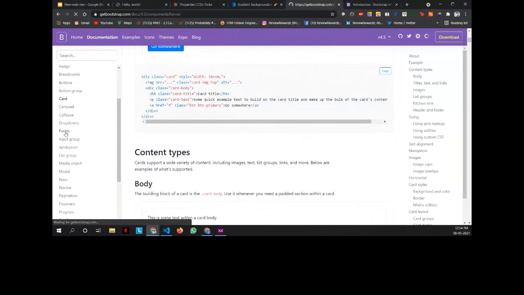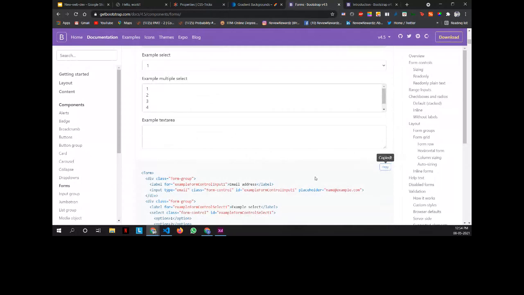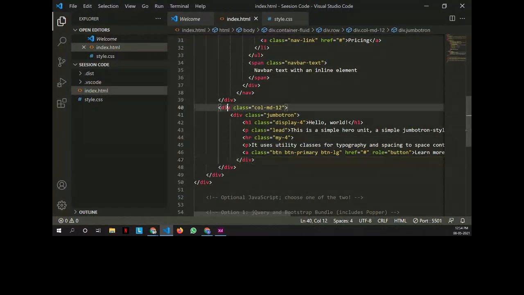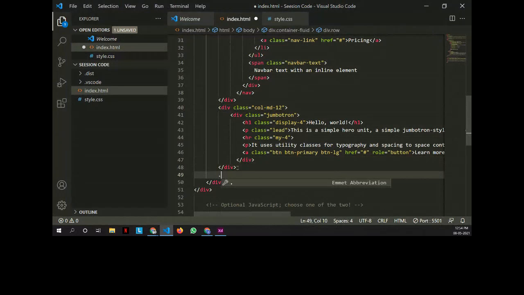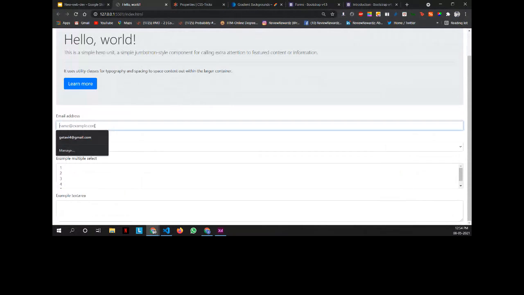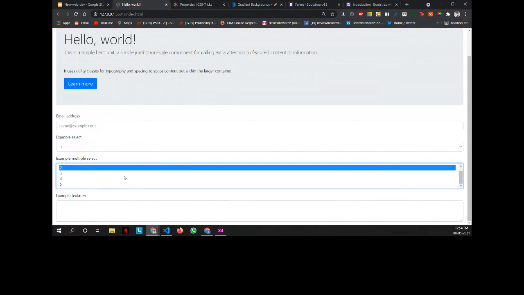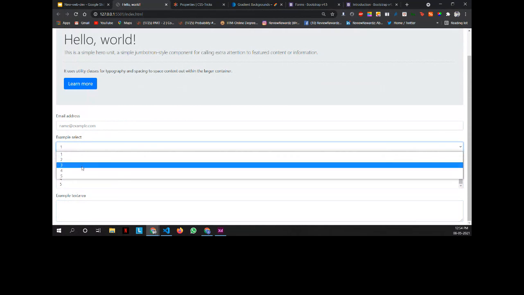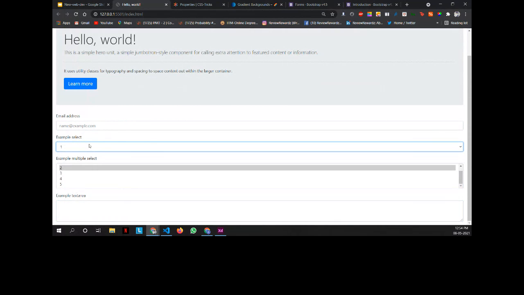Then see guys, we were working on forms, right? So our forms were the default HTML forms which we used. But if we get into Bootstrap, we have different options to utilize or make the forms better. So I'll just show you how a Bootstrap form works. So guys, as you can see, we've got this nice looking form. The forms which we used as pure HTML were not that good looking. So here these forms are also used. The text area is given, the drop down is given. All kinds of things are covered here.